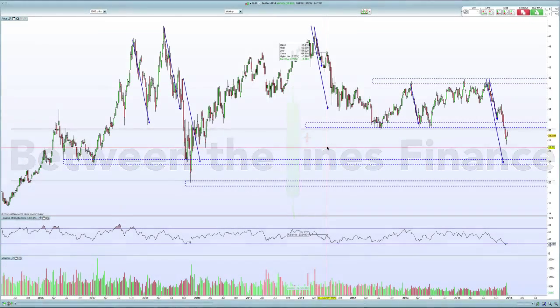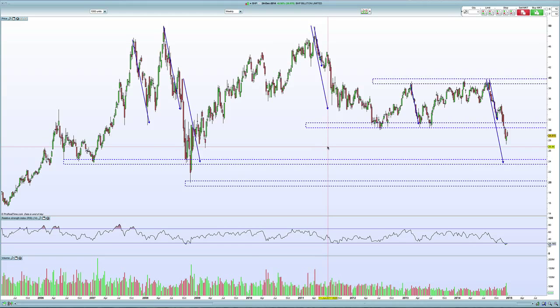It's Sunday, the 28th of December. Given that we're coming up to the end of 2014, I thought it would be a good time to have a look at the BHP chart, being the sort of bellwether stock for the commodities sector. The last 3 or 4 months have been pretty weak for BHP, like most of the commodities,